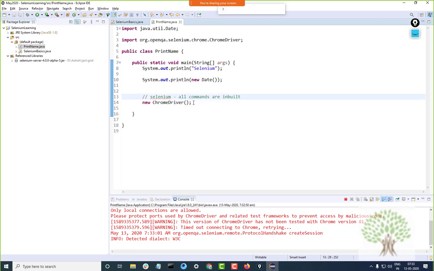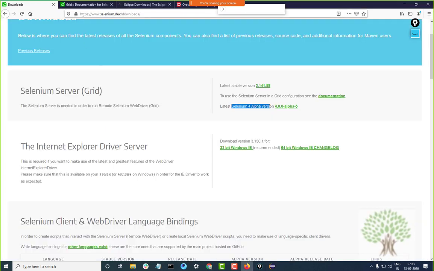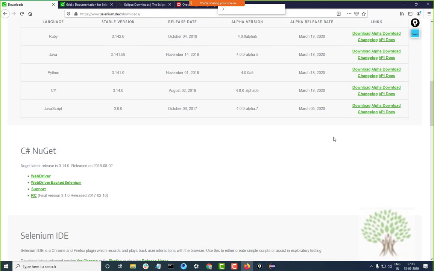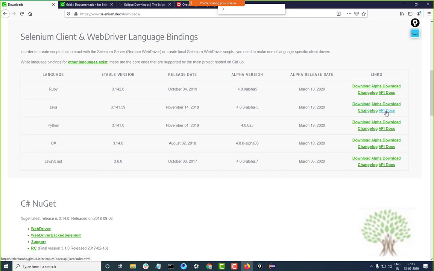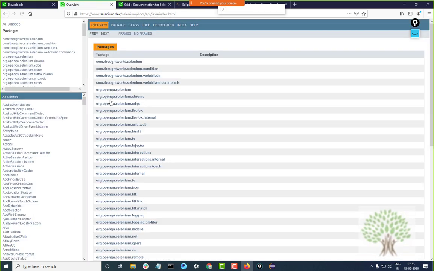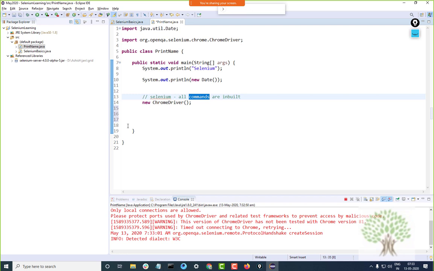Okay. So the basic thing is that you need to understand the commands in Selenium, and to understand the commands in Selenium you need to understand the official documentation, the API docs. And for understanding this you have to understand OOPS, object oriented programming. Many times people say that they know OOPS, they have studied about it, but knowing OOPS and practically applying it are two different fundamentals. But anyways, I'll move ahead.